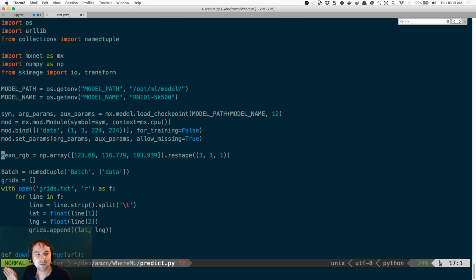mean the image, and meaning the image is basically saying, hey, across my entire data set, I wanted to calculate the average